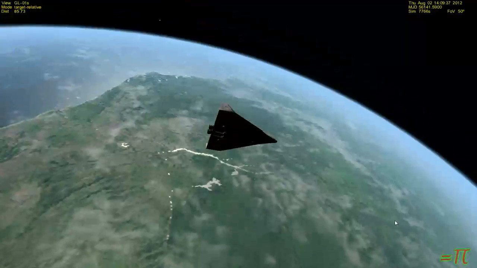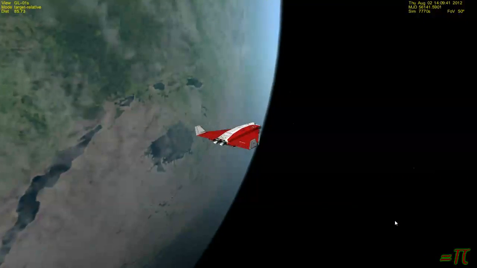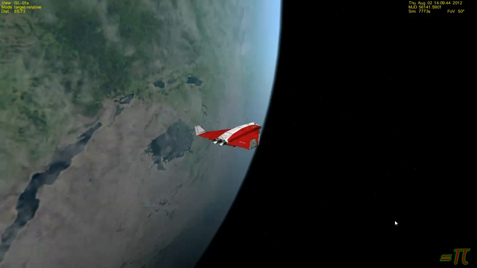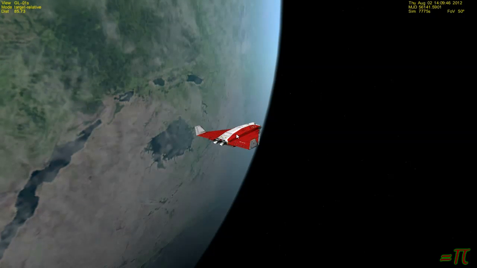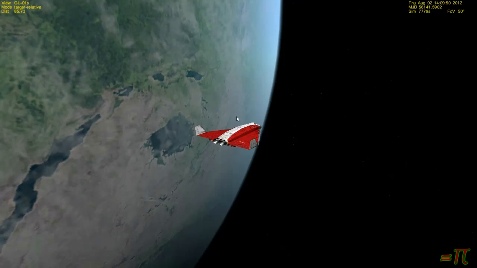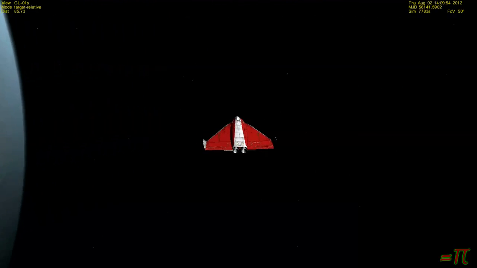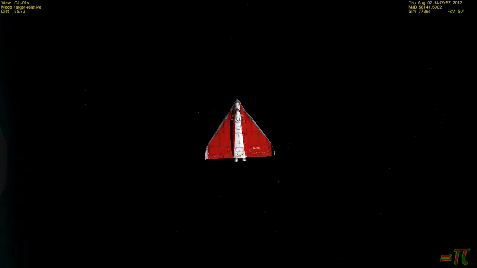Alright, so our orbit direction is going towards, well, if there was a line there going through in the direction, it would be like the